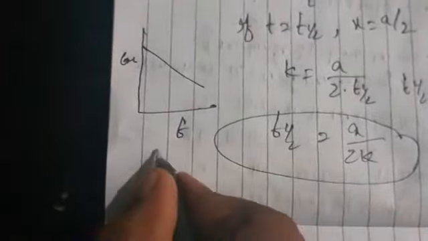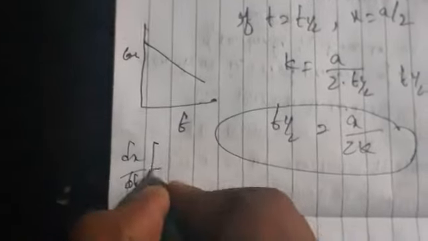If you have time and concentration, it goes on decreasing, and this is also a straight line. If we take time and calculate dx by dt, we get a horizontal line. So these are the three graphs, with a slope of 1 by 2K. So this is about the zero order reaction.